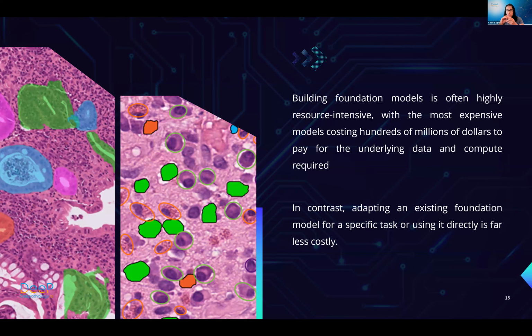Well, as I told you, building foundation models, you need to fund it, because you need to pay for data, you need to pay for compute power, you need to pay for electricity. So we are not going, for example, to anytime soon develop our own foundation model, but being a legitimate